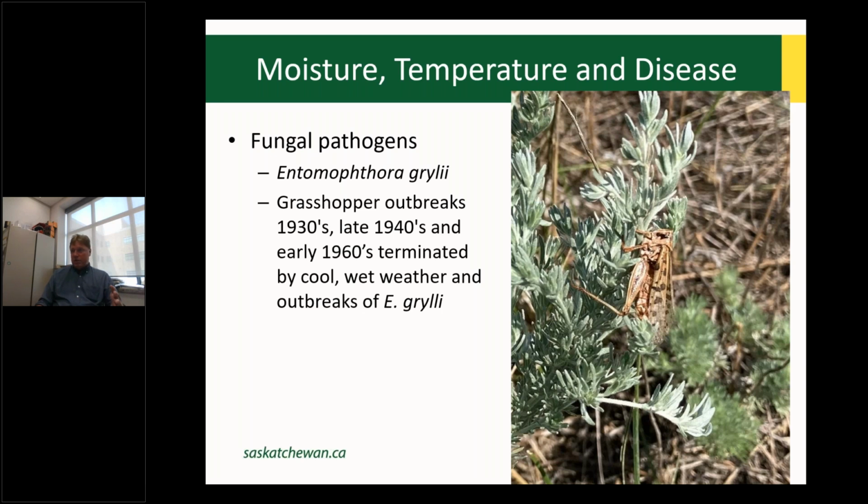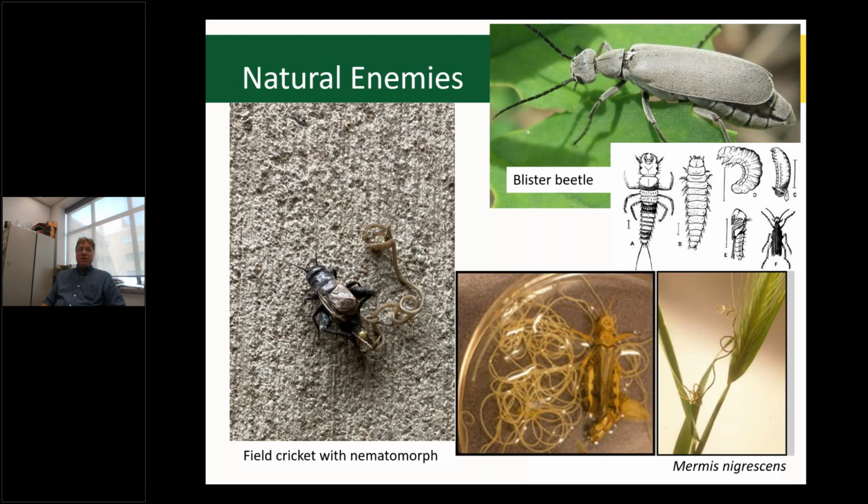So really what's going to stem our current trend of large grasshopper populations is cool, wet weather. We of course are left to try to control these animals, but functionally it's the weather that's gonna limit their impact in broad areas. They also have a host of natural enemies, and we'll talk about a few of these,